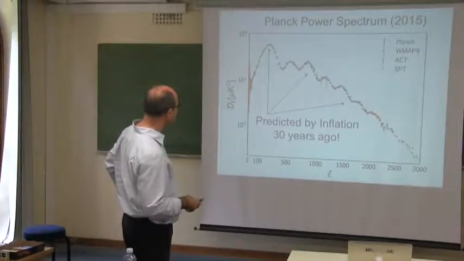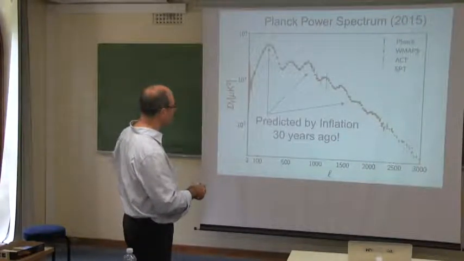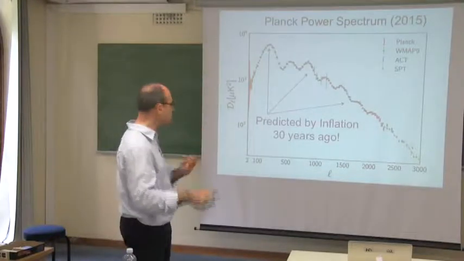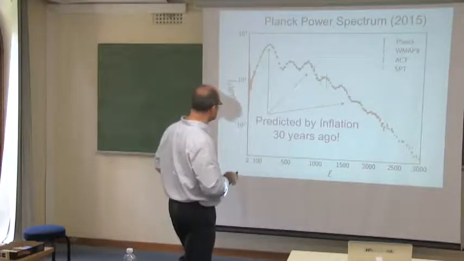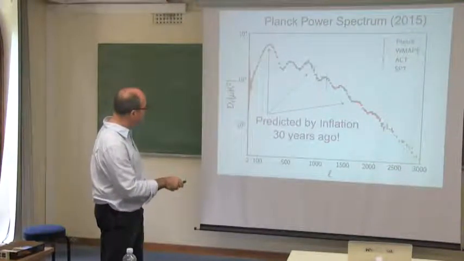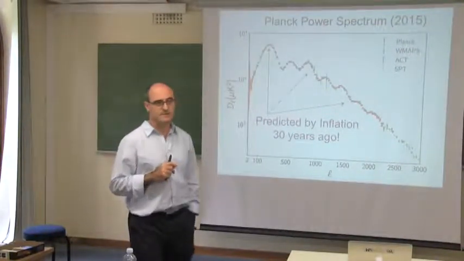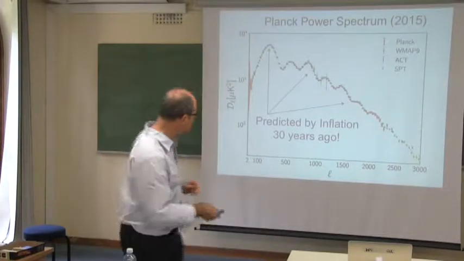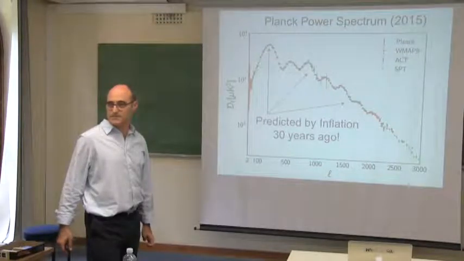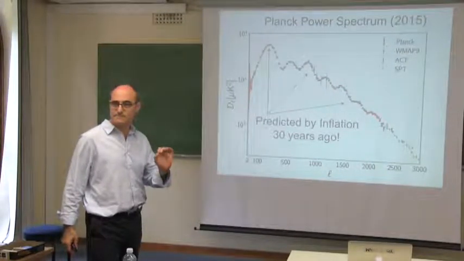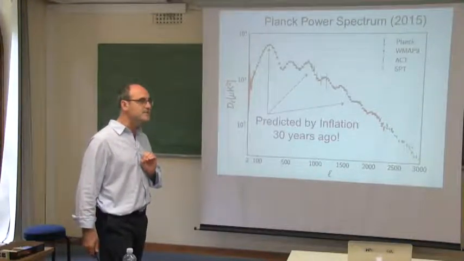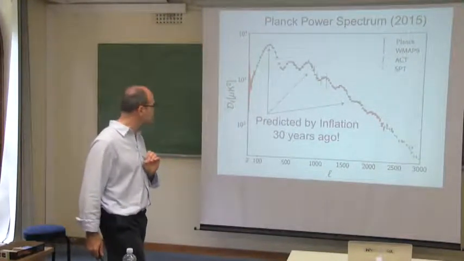Finally, with the Planck power spectrum of 2015, we settled the issue. The universe behaved exactly as predicted by inflation, to 30%. So this is the type of curve you can obtain with just 6 parameters. It's extraordinary. You can account for essentially 2,500 data points with 6 parameters. That's rarely something easy to obtain. Okay, in cosmology, this is quite extraordinary.